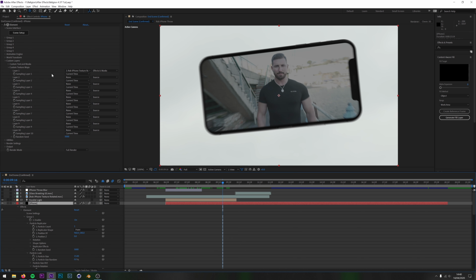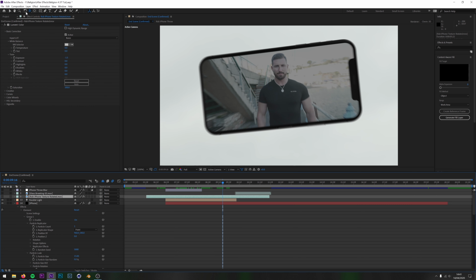There are a few different options for sampling layer. You can use the source of the clip. You can use the masks, or you can use the effects and masks, which take into account any effects or masks that are on the clip. If I was just to use source, for instance, if I put a Lumetri color on this and I selected source, then you wouldn't see the color effects of the layer. However, if I used a Lumetri color and I selected effects and masks, you would see the color on that layer. In fact, I think I actually did use a Lumetri color. There we go.